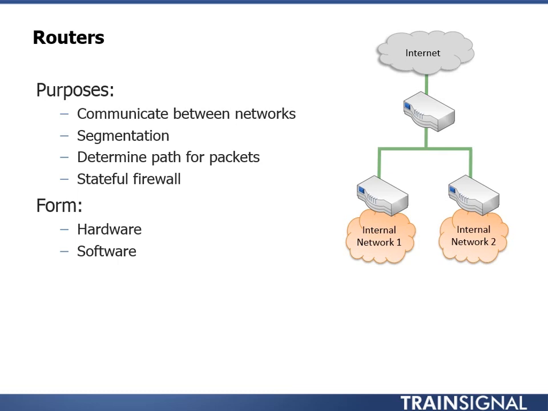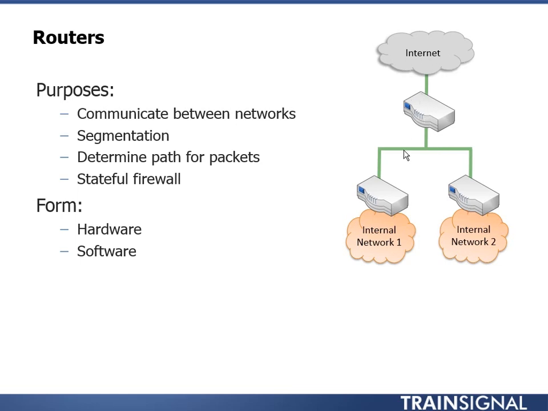However, in enterprise networks, routing could be much more complex, and many enterprises have hundreds of different local area networks. And there are routers that can connect directly to hundreds of different networks. But more typically, smaller routers will be connected together in a tree architecture like this diagram shows here. The routers communicate to each other using routing protocols to tell the other routers that they have access to particular networks. So in this diagram, this router up here would tell both of these routers that it has access to